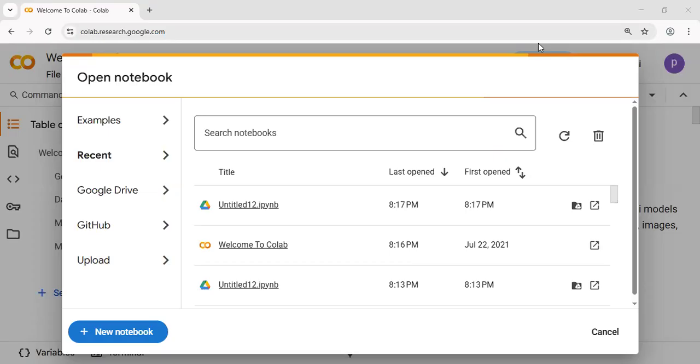To do that, let's open a Google Colab through the browser. So this is a Google Colab interface. To access Google Colab, the only thing that you need is your Gmail account. So log in to Google Colab with your Gmail account and then you can see something called a new notebook. Just click on that new notebook